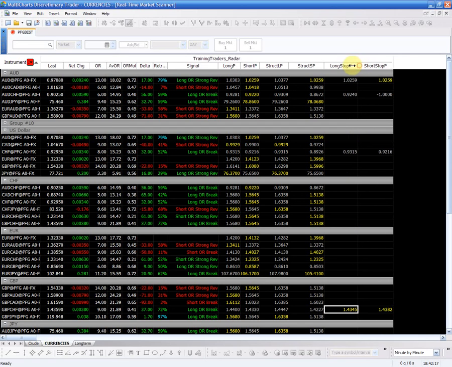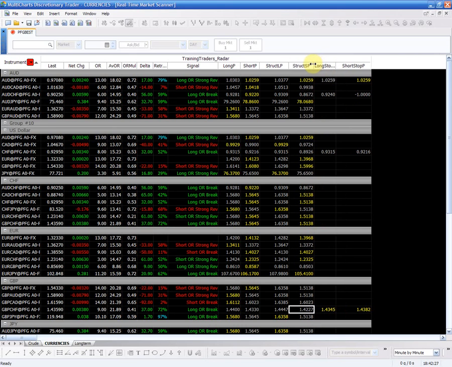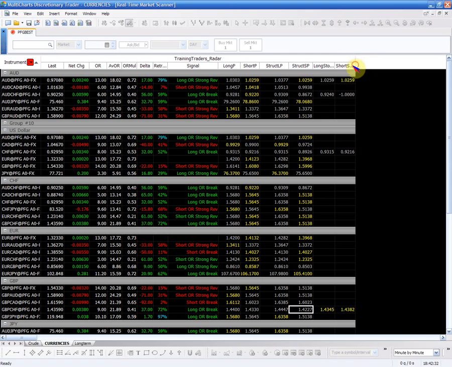If I'm going to go short, I'm going to go short below 143. And if I do, I have a structural short point at 142.27, and my stop is going to be the 143.82. This is the pound Swiss. Let me save that and